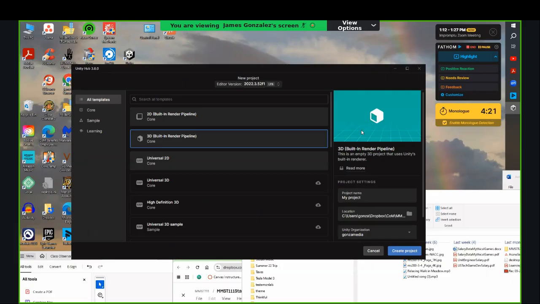Make sure that it's 3D built-in render. Make sure that you give it a name. Also make sure that you're doing version 2022.3.52 LTS. That's the one that you want. Now, if you don't have that,